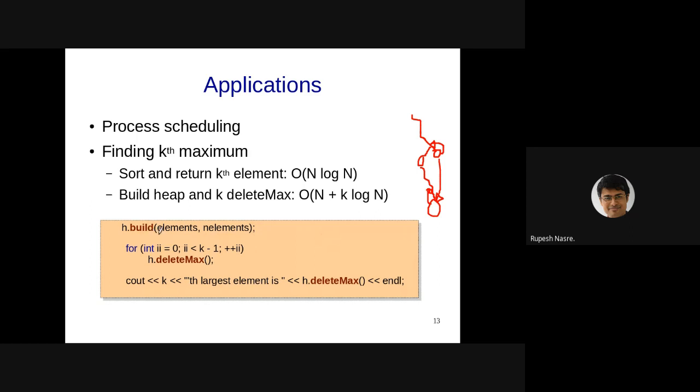So we take the set of elements and build a heap. Then we do k delete max, 0 to k minus 1 delete max, sorry, here, because we would like to ignore those elements. And then we do the final delete max, which is going to give us the kth largest element.